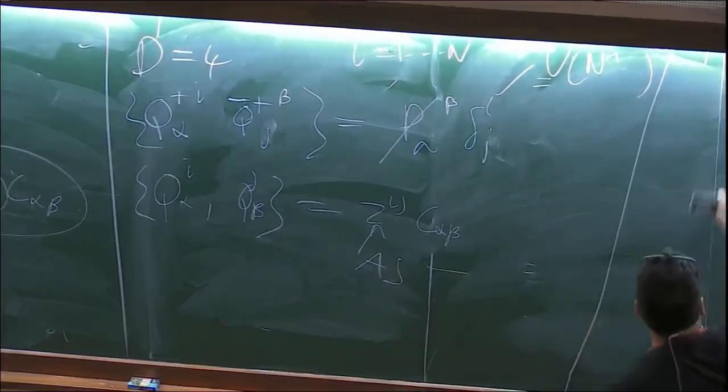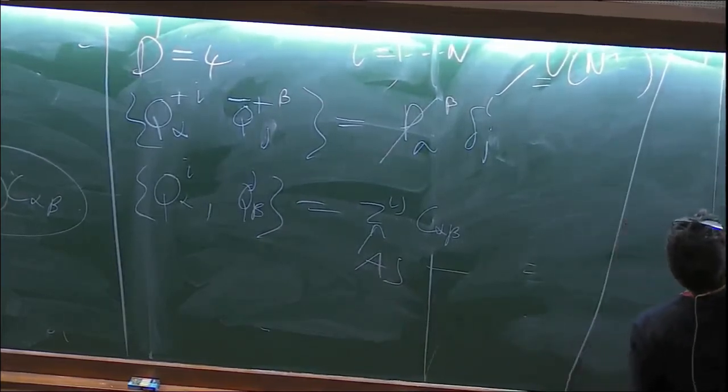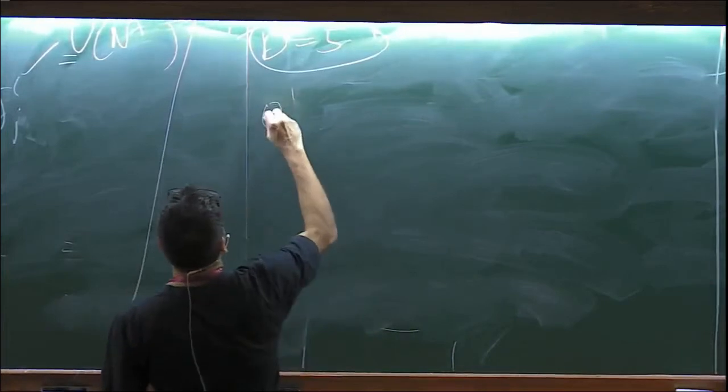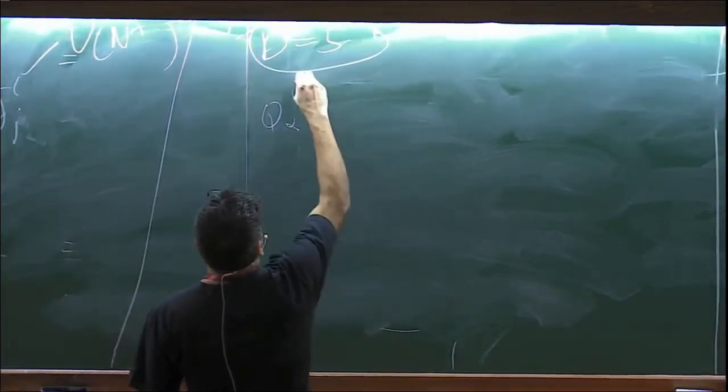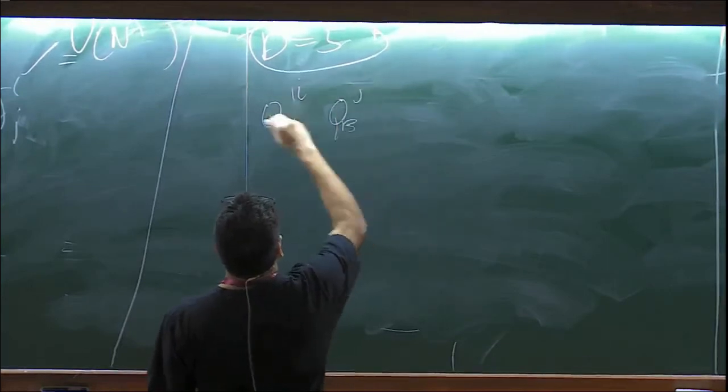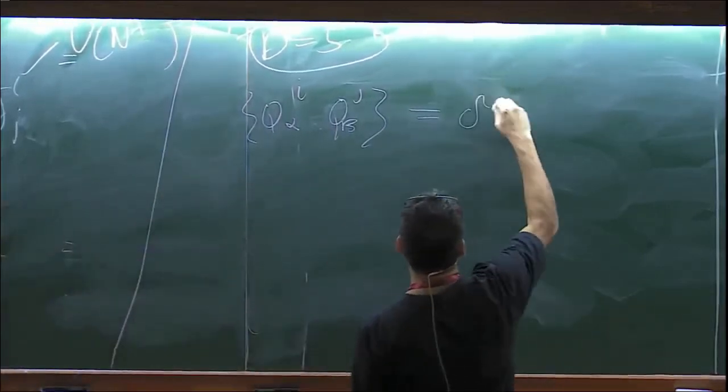Okay. Let's now do D equals 5. It has the same properties as D equals 4. So it's pseudo-real. There's no question about interchange. Now it's going to be a little bit like this three-dimensional algebra. However, it's pseudo-real. So we've got Q alpha i, Q beta j. Okay? This quantity is equal to omega ij